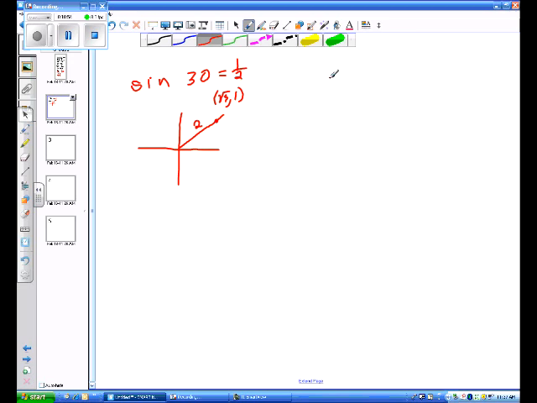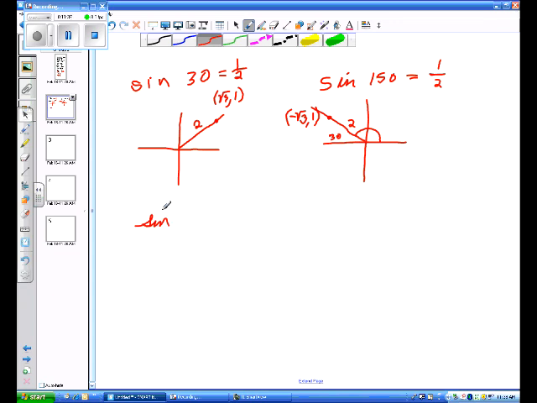Okay, let's look and say we want the sine of 150 degrees. Well, what we've already looked at is if we rotate around 150 degrees, what's left here is 30 degrees. We have a reference angle of 30 degrees. But we're in the second quadrant, so in this case our x is negative, our y is positive, and r is always positive. So we ended up with positive, excuse me, 1/2